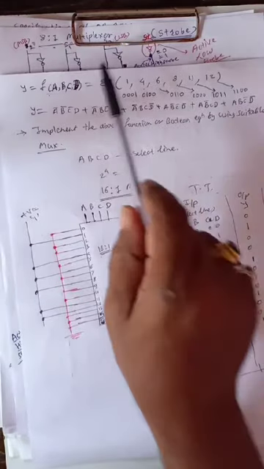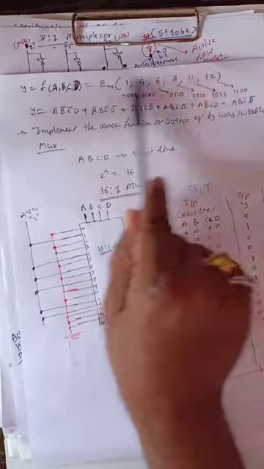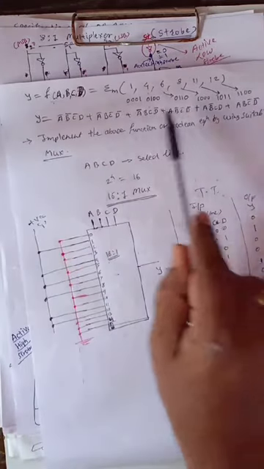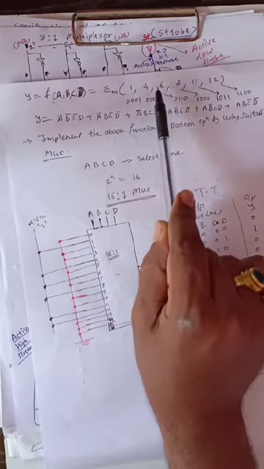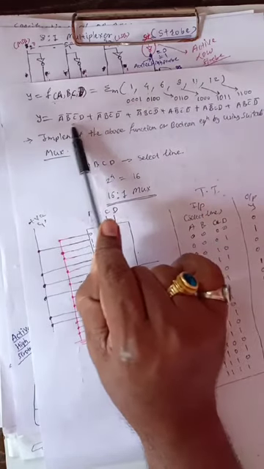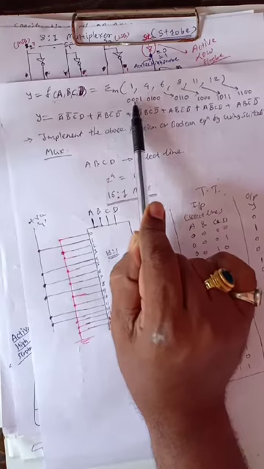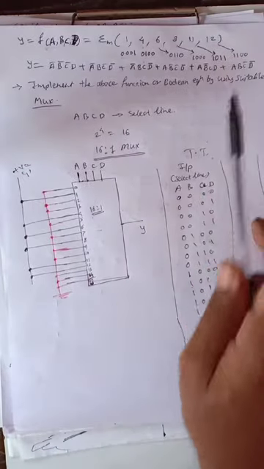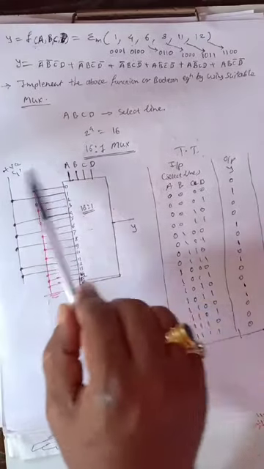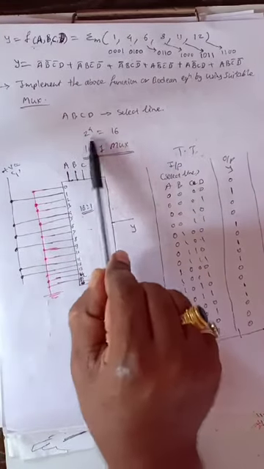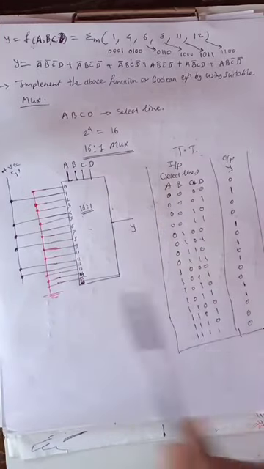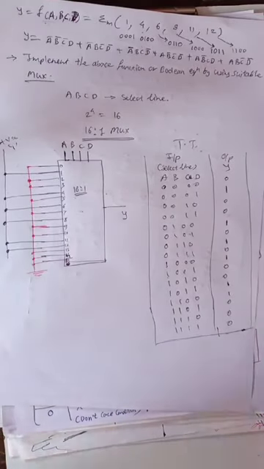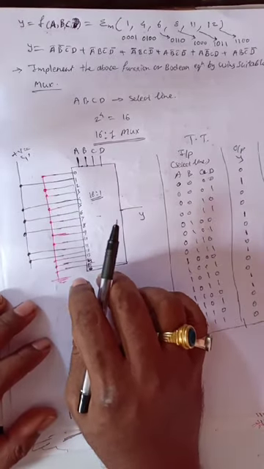Just keep in mind that it may be asked like this. You have to convert it into the Boolean equation form: first convert to binary equivalent and then write, so 0 0 0 1 means A bar, B bar, C bar, D. Convert it into the equation, then connect. 4 select lines, 2 raised to 4 is 16, so a 16 to 1 multiplexer is required. This is one of the applications of multiplexer.